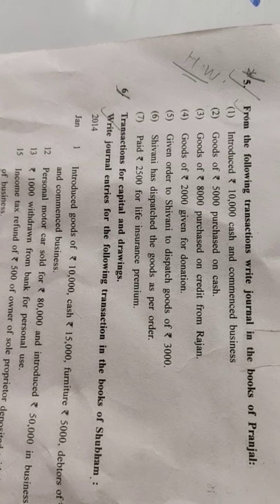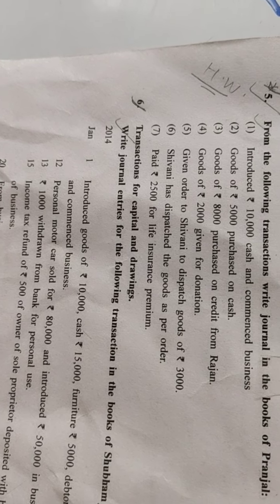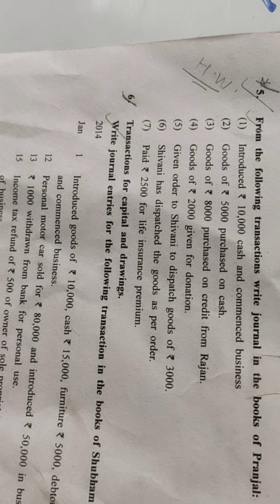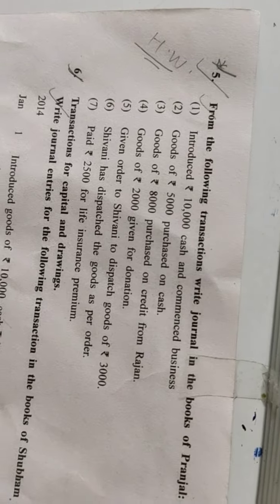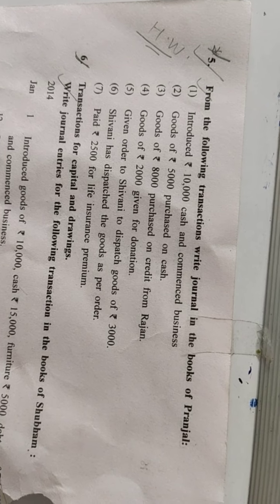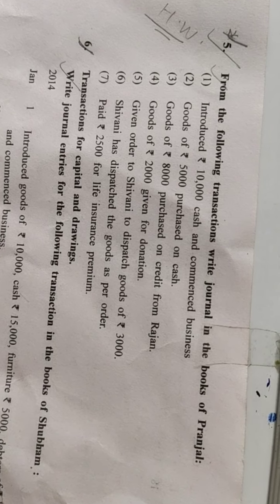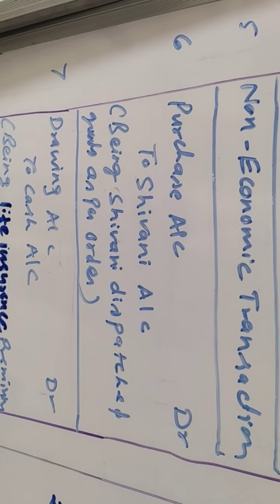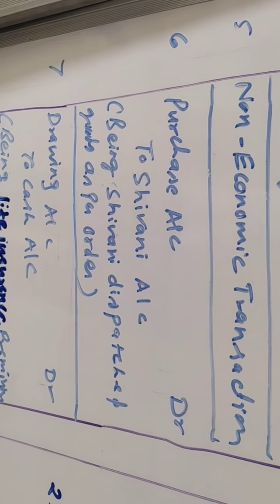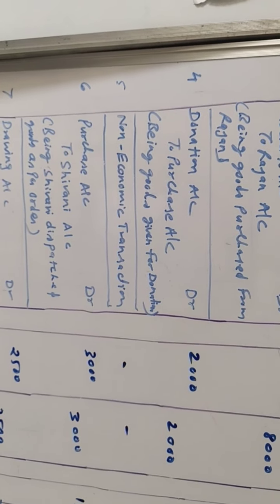One effect, goods comes in, purchase account. And the second effect, cash goes out? No. Why no? Because here no cash is mentioned. The name of the person is already mentioned, Shivani, so Shivani is sending us goods. That means we will consider it a credit transaction, and the second effect will be Shivani is the giver, that means Shivani account. So finally our entry will be purchase account debit to Shivani account, being Shivani dispatched the goods as per order, and the amount column 3,000 and 3,000.